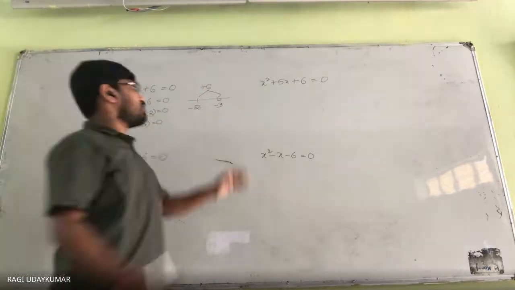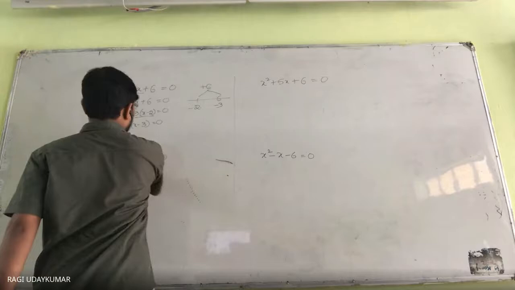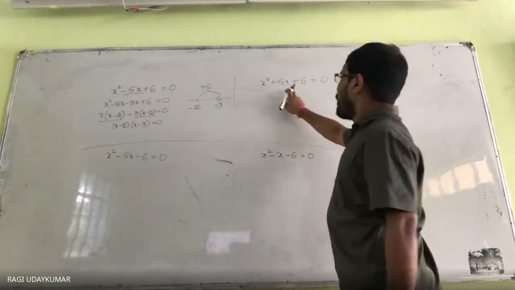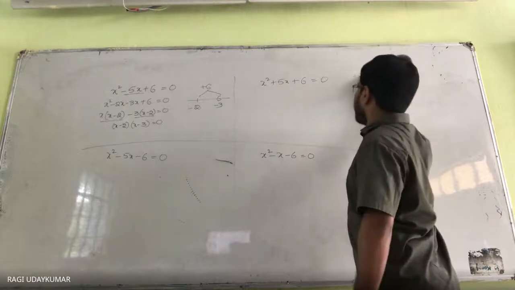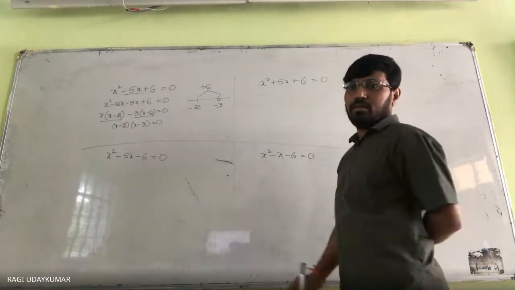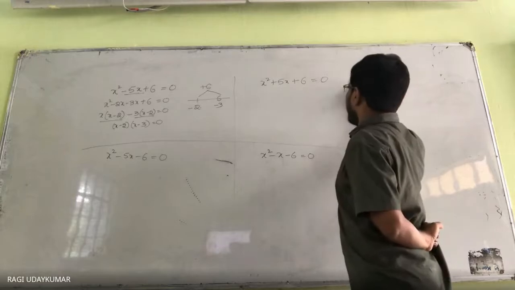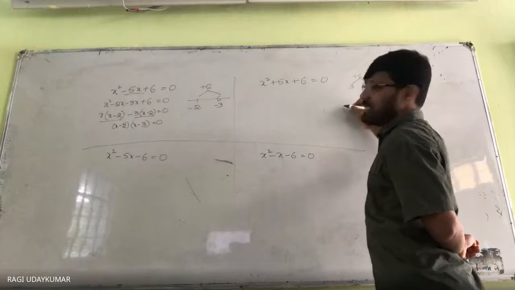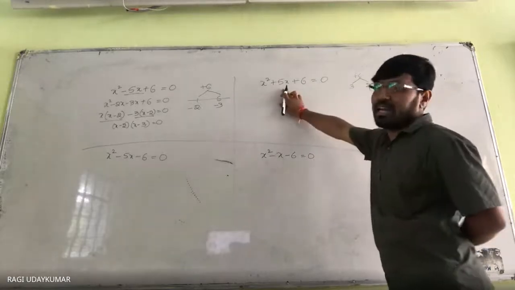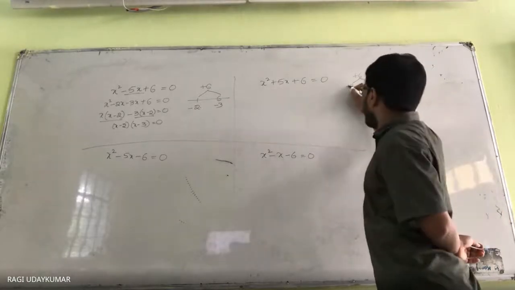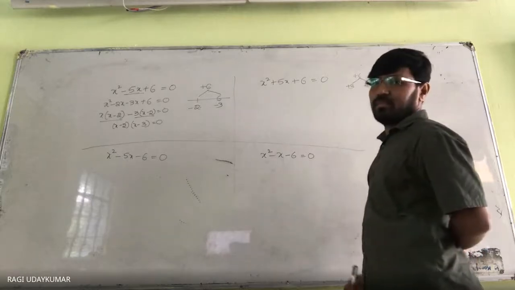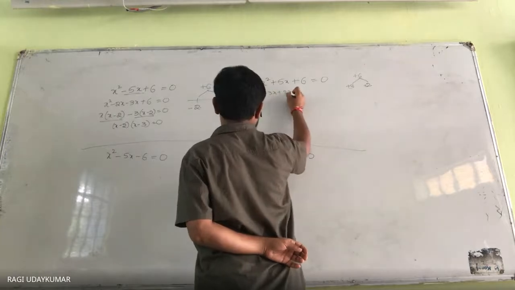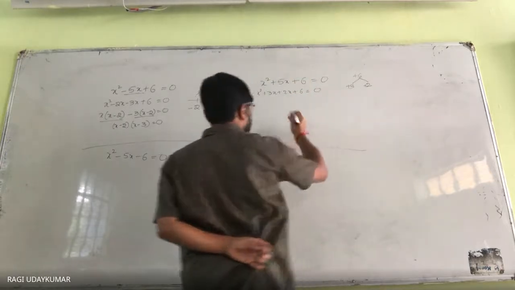Here in the second problem, whenever you are taking into consideration, the product is +6 only. Here also +6. So now what to do here? Addition only should be done. So addition, whenever you are taking 3 and 6, 3 and 2 add, we got 5. As we are having a plus symbol, both should be taken plus. So now we are going to split this as x square plus 3x plus 2x plus 6 is equal to 0. From here onwards, you know that.